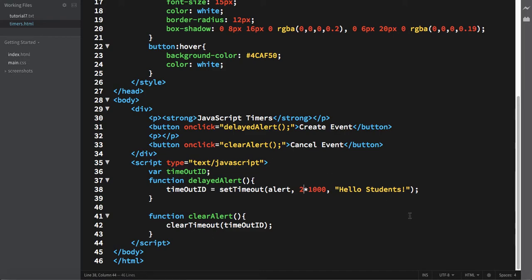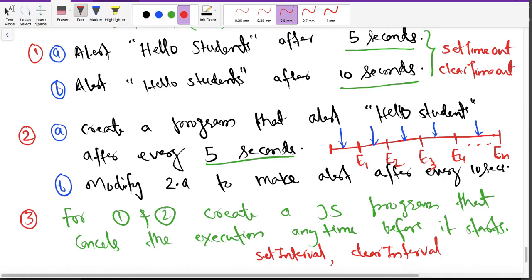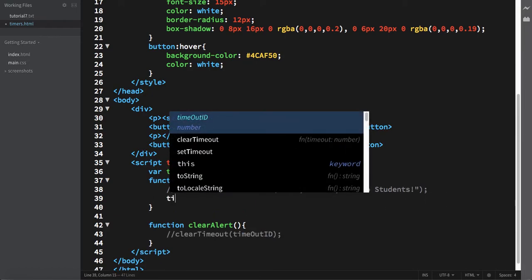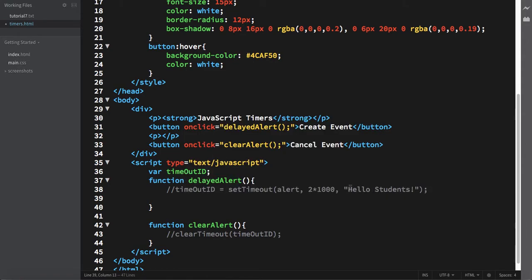Now let us do another part of the problem. Create a program that creates an alert hello student after every 5 seconds. For that we need another function, or maybe I can comment it out and write another part here. It will be a similar function.